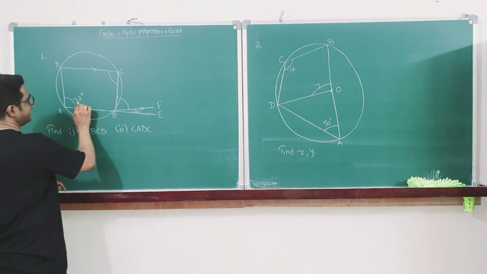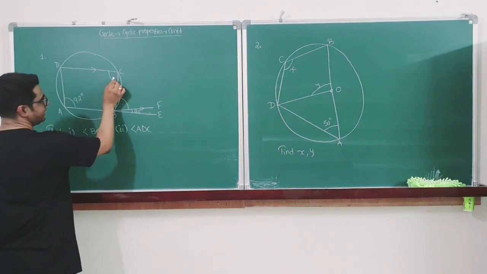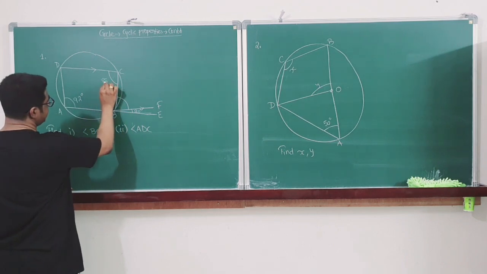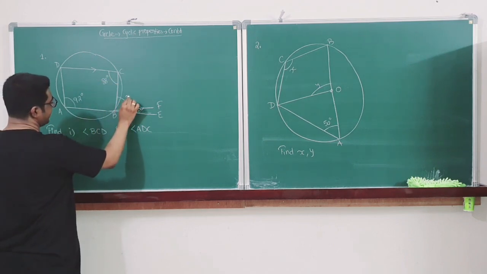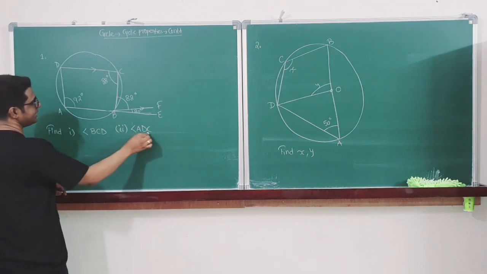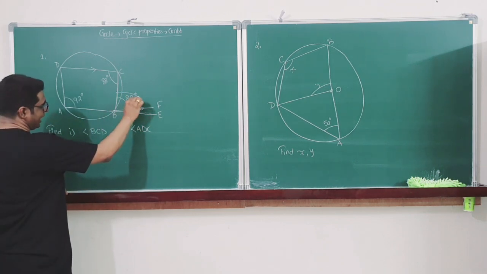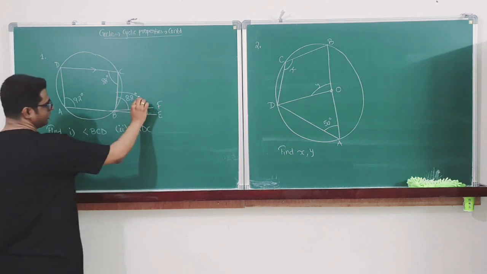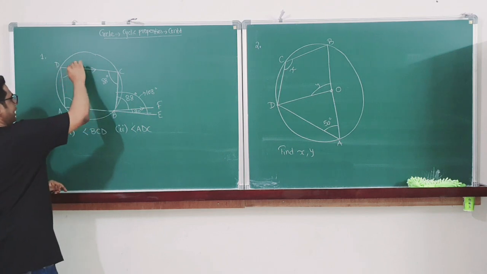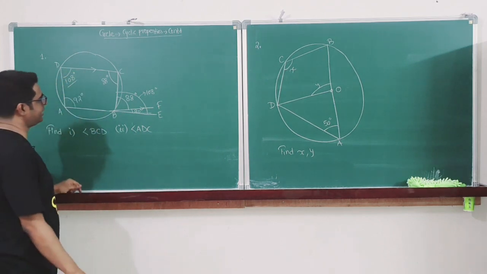So if this is 92, this will be 180 minus 92, then what will it be? 88 degree. And if this is 88 degree, this is also 88 degree. And it is asked ADC, external angle of a cyclic quadrilateral, that is total 108 degree, is equal to the opposite internal angle. So this will also be 108 degree. Okay? So first step,